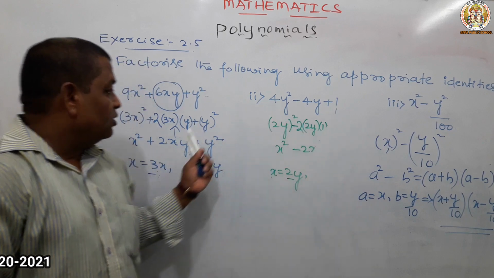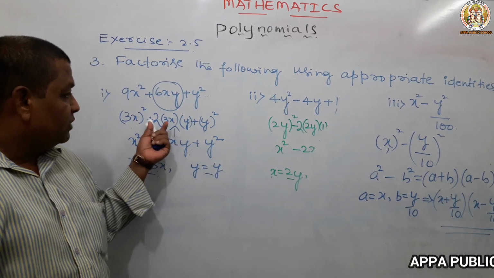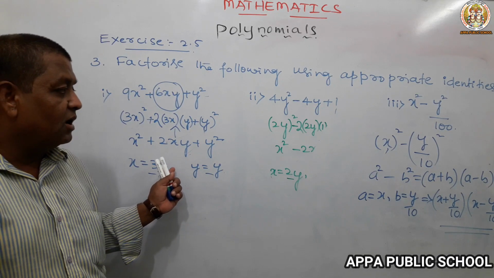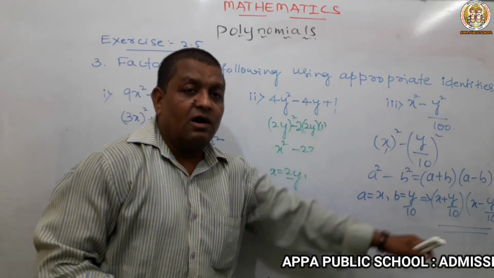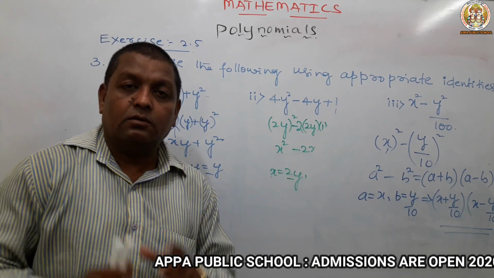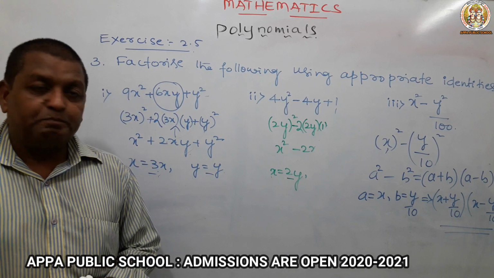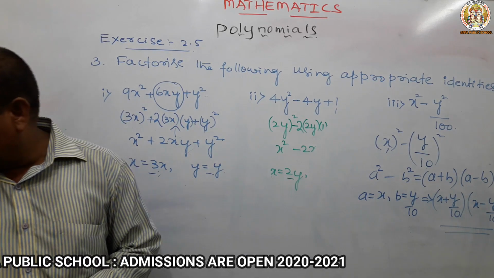Once again I want to tell how we completed these sums: we need to bring the question into our suitable formula and afterwards write the formula. It is all a game of identities. So, my dear students, be thorough with the identities. I hope you understood, and we are going to continue in the next class.